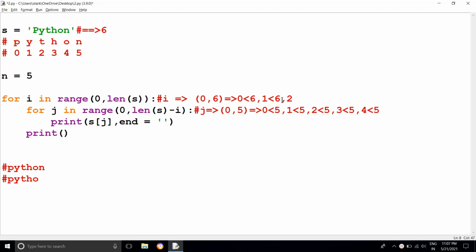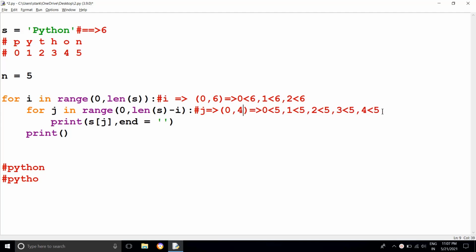It's going to take 2 less than 6, the condition is true, right? And then it will come inside. Now 0 to length of s minus i: length of s is 6, 6 minus 2 is 4, so 0 to 4.